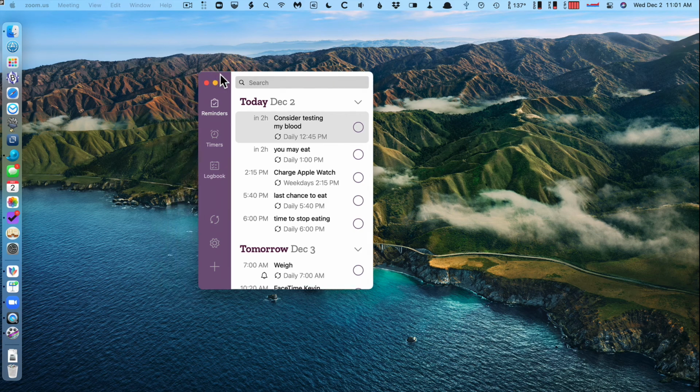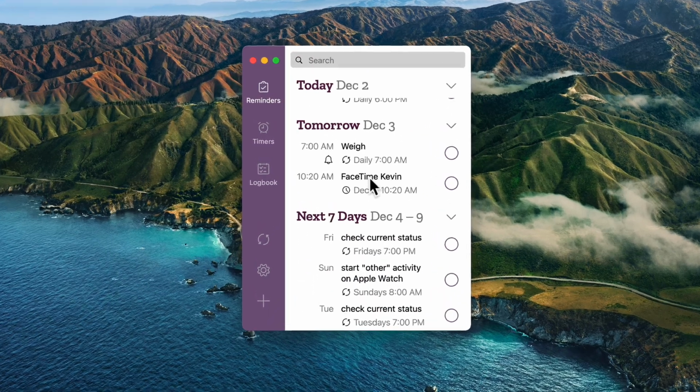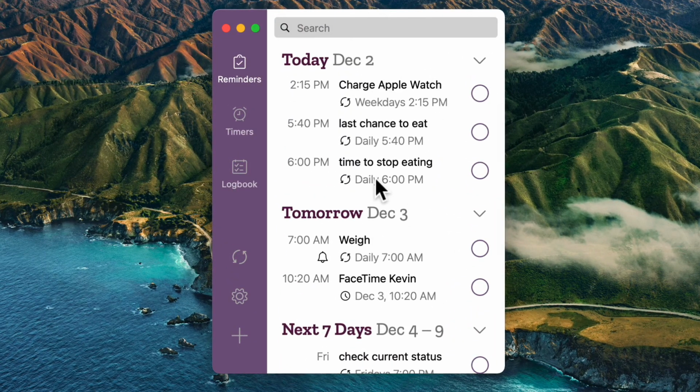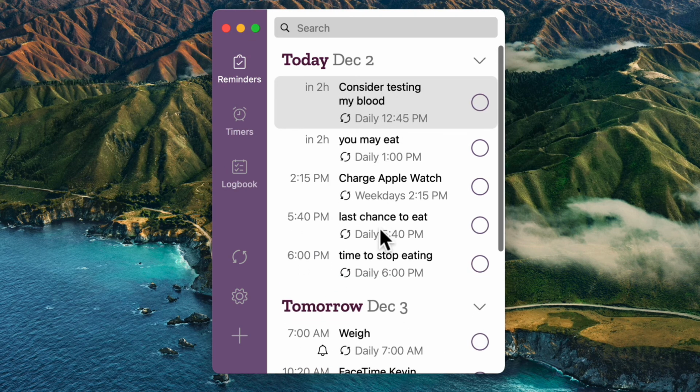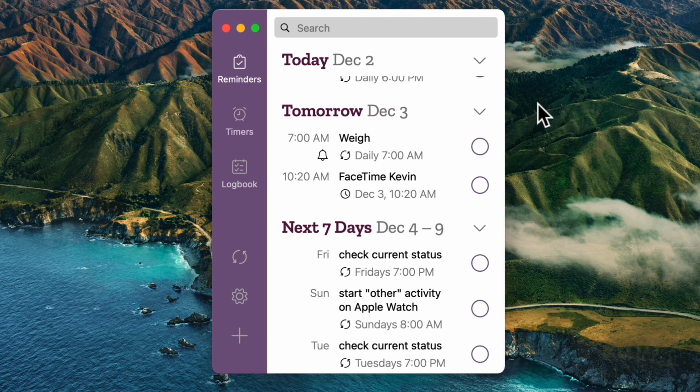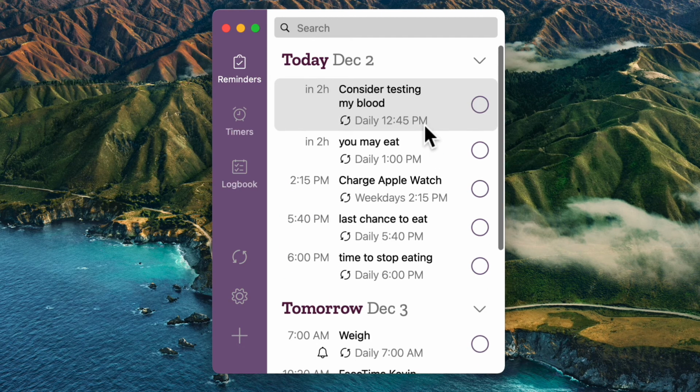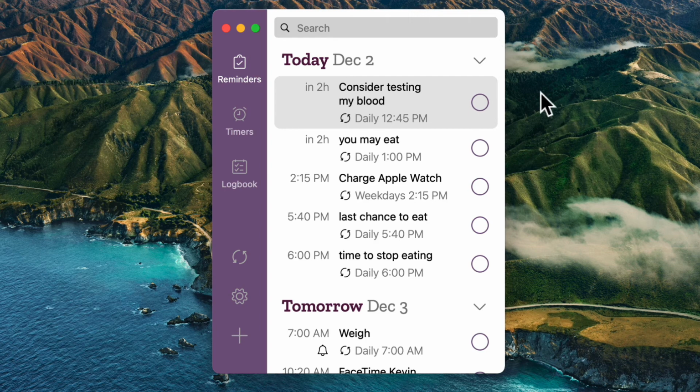The last thing is I use Due. Due is an alarm program. If you want to be alarmed and you want to look at it, OmniFocus is very weak at repeated notification. It's mostly things that if I'm too busy, I'll forget to do it. So I want my watch and my phone and my iMac and everything to make a noise and to say, hey, it's time to check your current status or to eat. I can actually get too busy, I forget to eat. Due is really one of those apps that'll nag you until something is done.